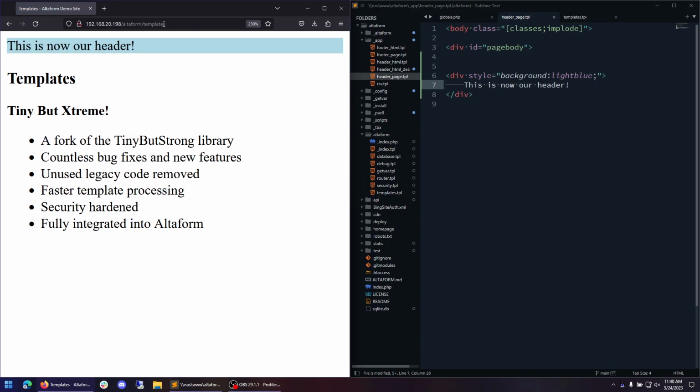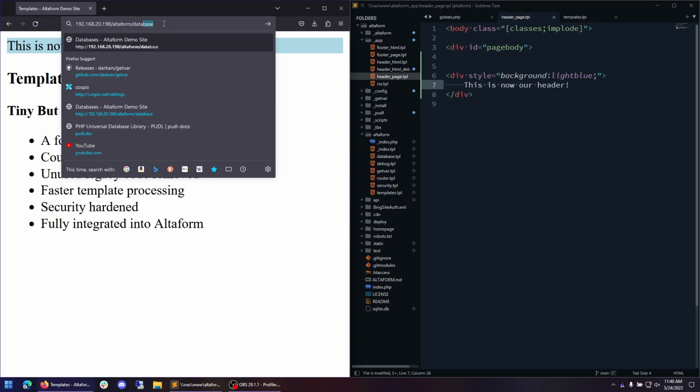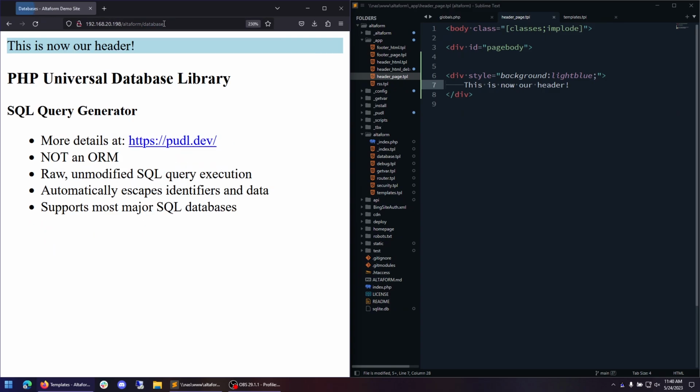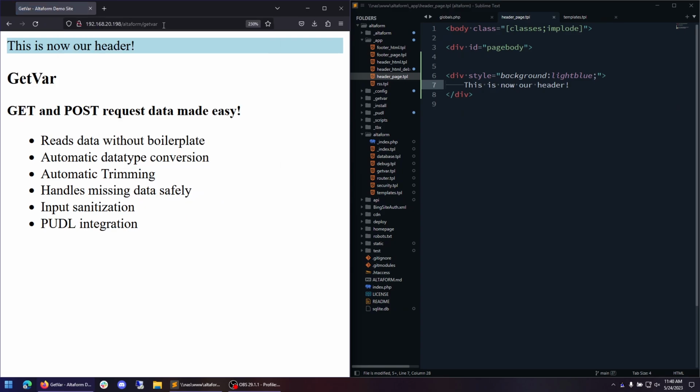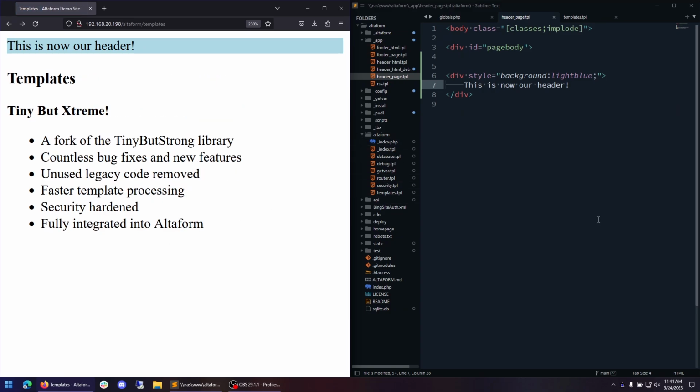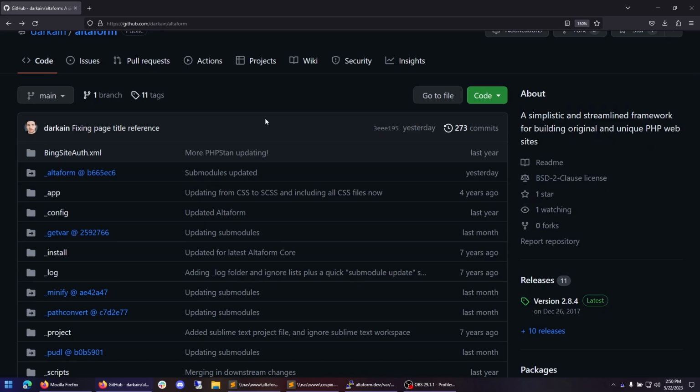To show this in action, let's go back to our database file that we showed before. This header is now also present in that document. And again, I can show on any of our other pages. This header is now present everywhere without modifying any of these other files. This templating framework is quite extensive and it supports many features. As you can see here, there is a variable being passed in, as well as a PHP function that is being processed on that data that is passed in.